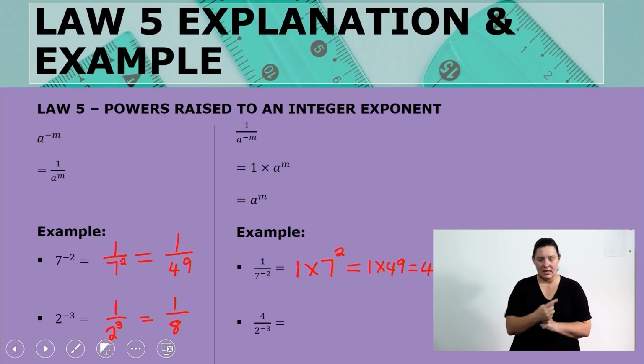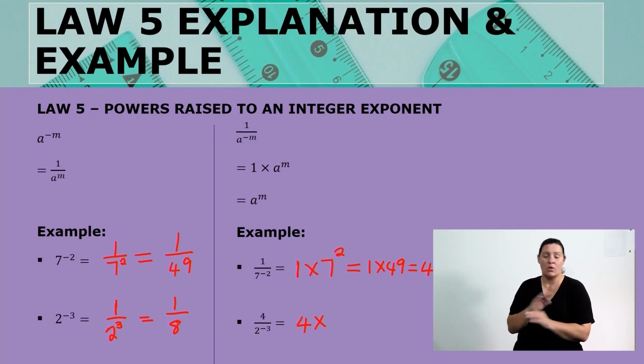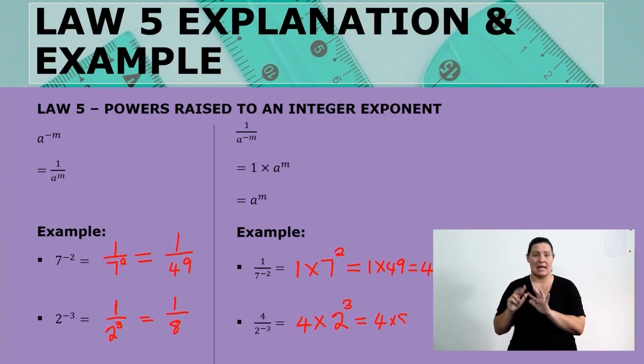The same can be said with this example, but now we have a 4 as a numerator. So what is going to happen with our negative exponent? So I'm going to write the 4 there, and I'm going to multiply it with the power. The power is no longer a denominator, it becomes a numerator, and our exponent becomes positive. So that is equals to 4 multiplied by 2 cubed, which gives us 4 multiplied by 8, and our final answer is